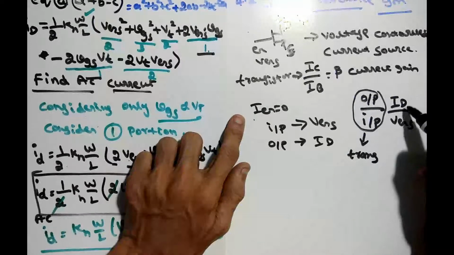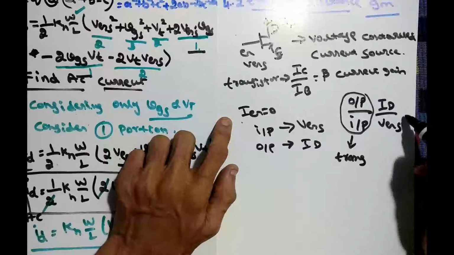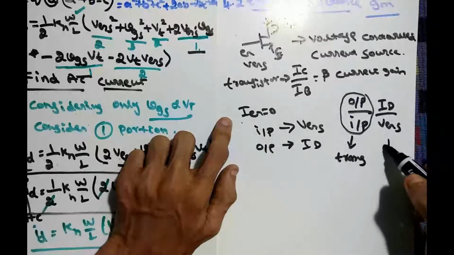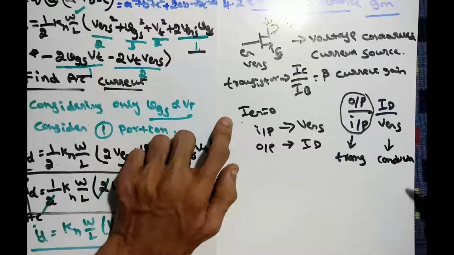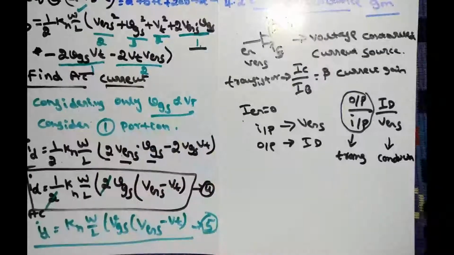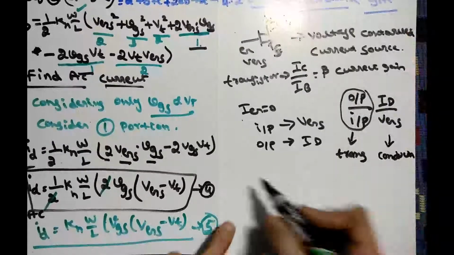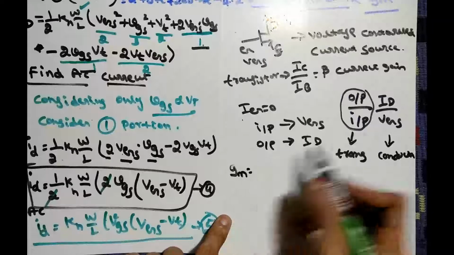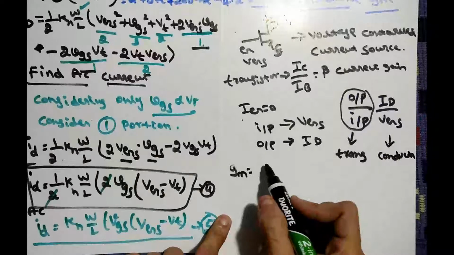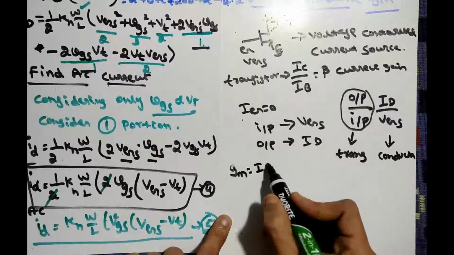Here we know that resistance is V by I, but in our case it is I by V. So I by V is nothing but 1 over resistance. This portion is known as conductance. For this reason, it is called transconductance. In the MOSFET, instead of current gain, we are dealing with the transconductance, denoted as GM. So GM is nothing but the output current divided by the input voltage. So it is nothing but ID by VGS.